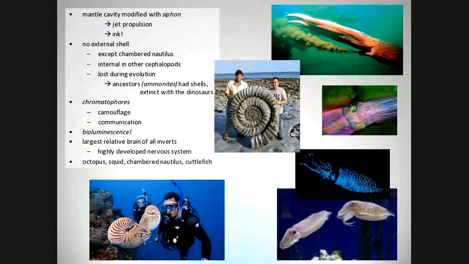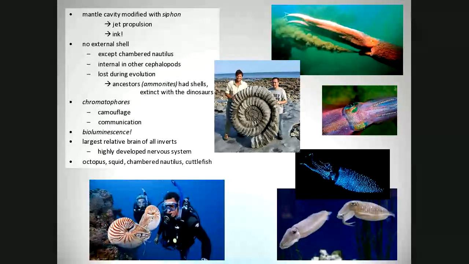All right, how do these cephalopods get around? Well, they have a mantle cavity that they suck water into, and then they shoot that water out through a siphon, and they use it for jet propulsion. They can also use it to spread the ink, which you know about cephalopods. It protects them. There's a diver in that picture on the left. All you have to do, if a predator's coming after you, is make him stop for a second and look someplace else.